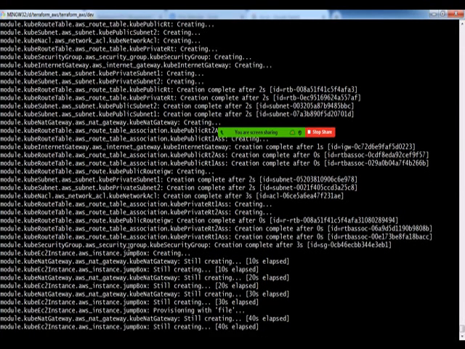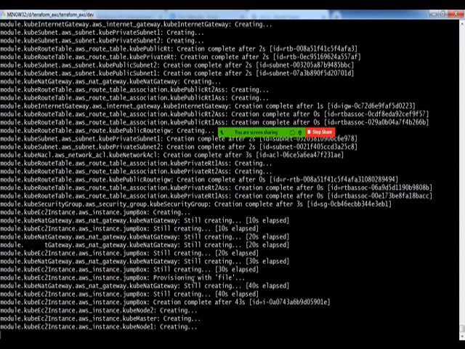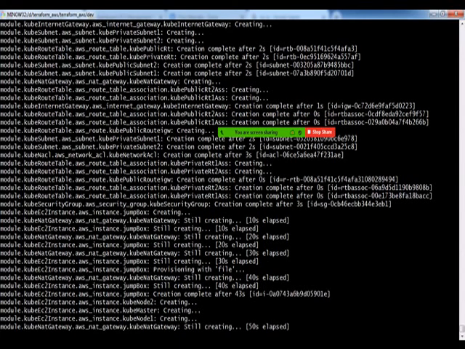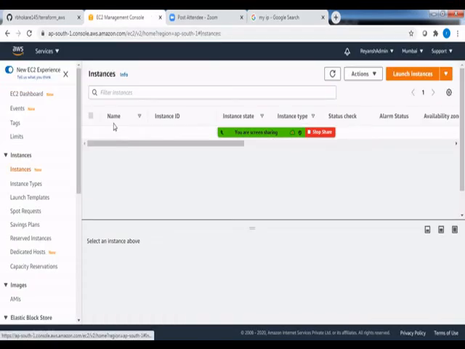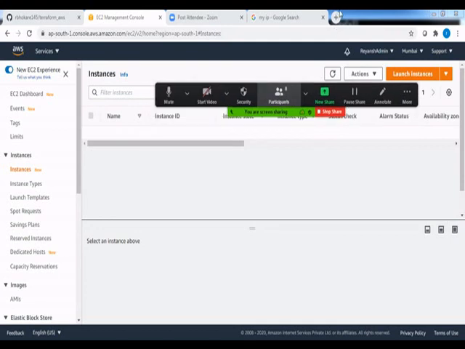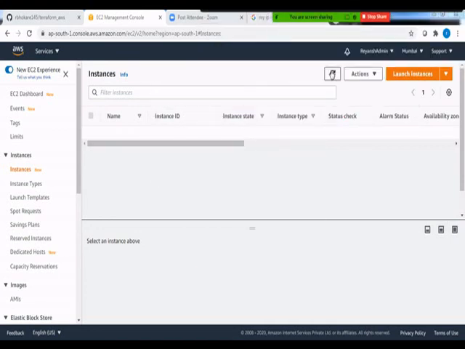So if you can see, it's creating an EC2 instance, NAT gateways, Jumpbox, KubeMaster, KubeNode 2, and related stuff. If I go to my AWS account, then I should have a few resources running out there. So here you are creating an infrastructure using Terraform. Absolutely, yeah.